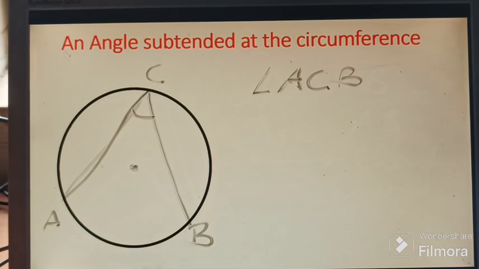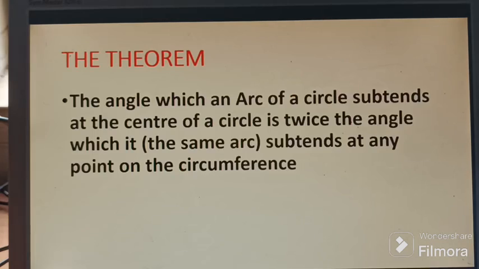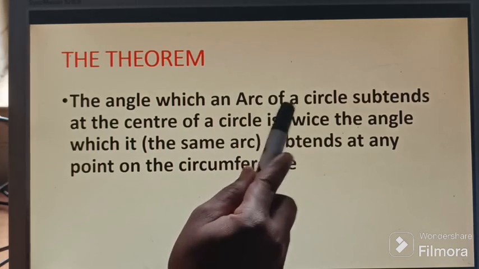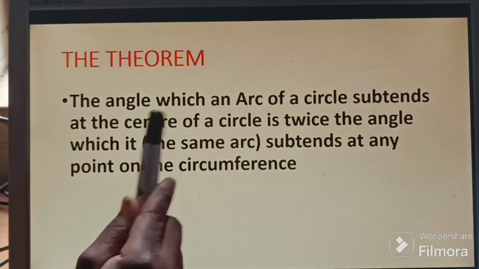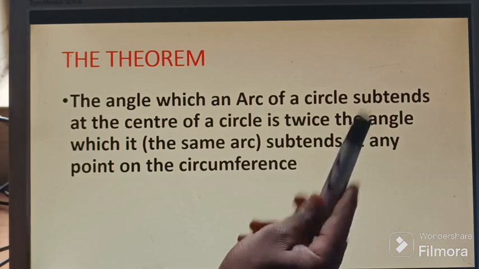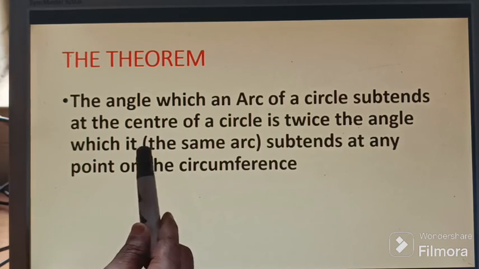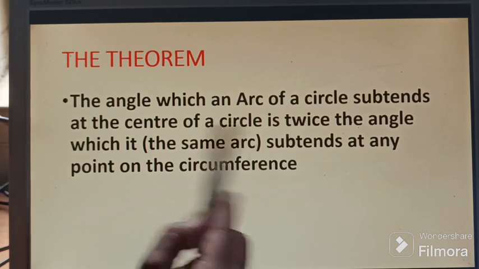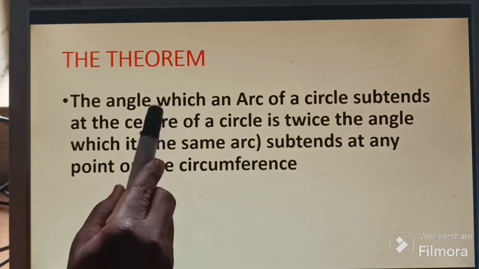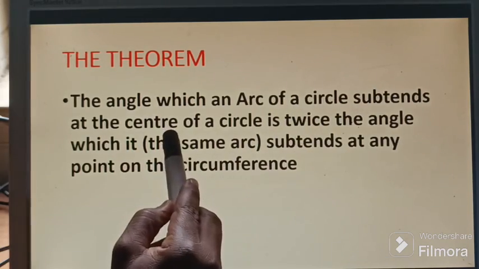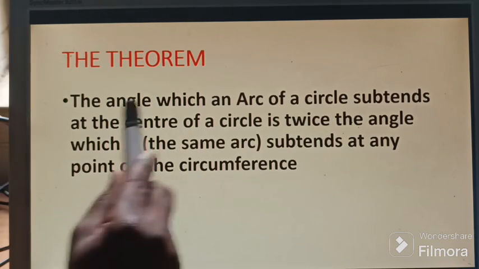Now let's combine the two to discuss the theorem. So the theorem states that the angle which an arc of a circle subtends at the center of a circle is twice the angle which it, the same arc, subtends at any point on the circumference. So the angle which an arc of a circle subtends at the center. Remember what an angle subtended at the center